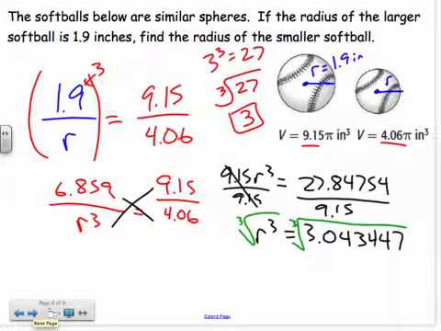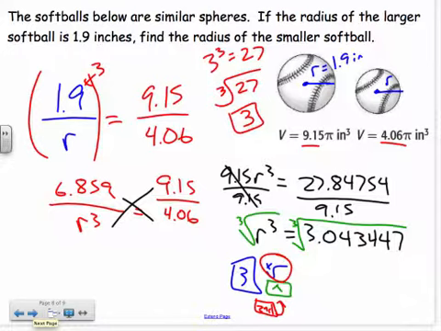Well, to type that into a calculator, what I need to hit is, I need to hit the 3 button first to get the cubic. And then if you look, we have this button, like the caret button right here. And it has a little blue x with the root right there. Okay, so I need to hit the second button to get that. So hit 3, then hit second, and then hit the caret button in order to get this. So it should show up as 3x root, and then we type in our 3.043447, and we hit enter, and that's going to leave us with